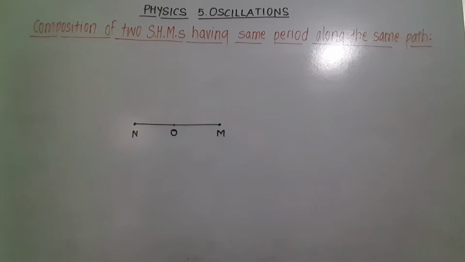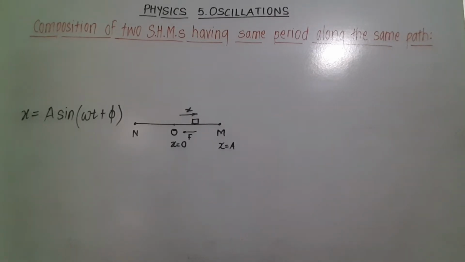We also know that the displacement at any time instant in SHM is given by x = a sin(ωt + φ), where a is the amplitude of SHM, φ is its initial phase and ω is its angular frequency. At that time a restoring force acts on it towards the mean position, and it is given by F = −kx. Now consider the particle is subjected to two SHMs simultaneously.